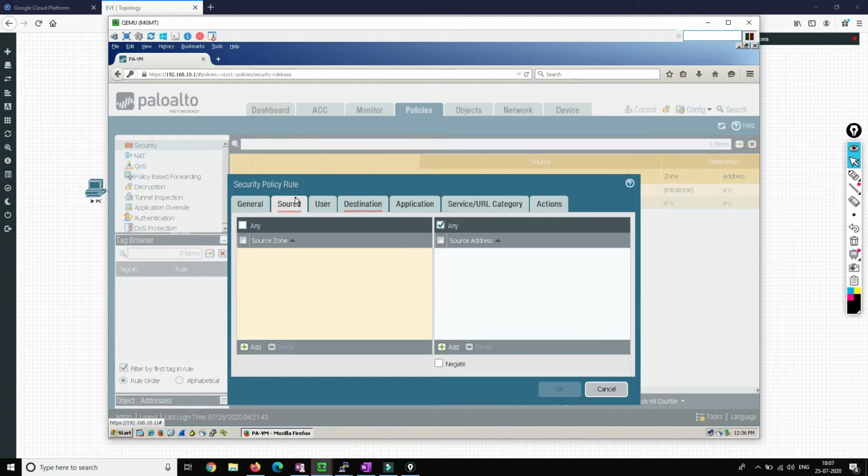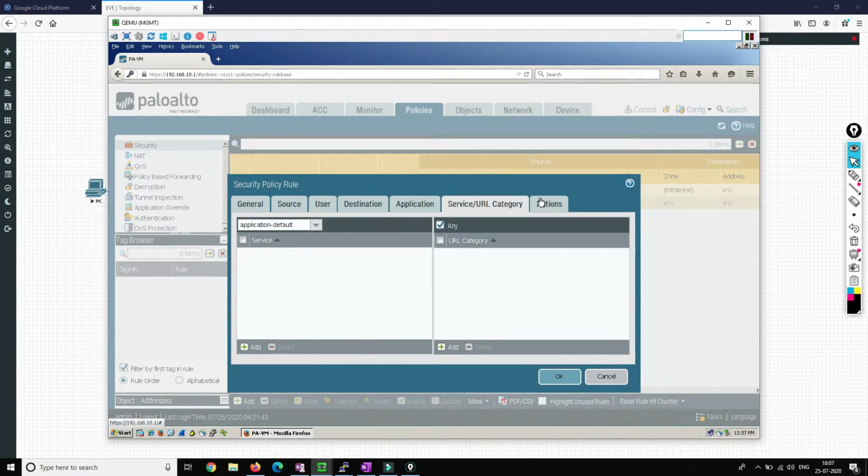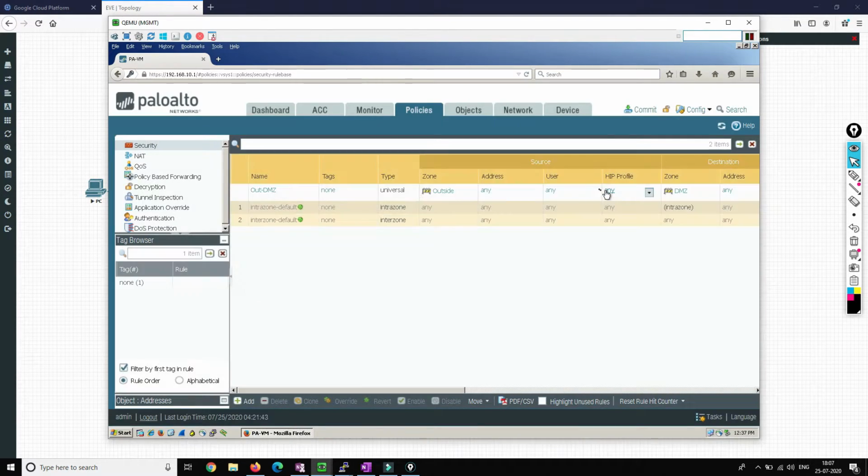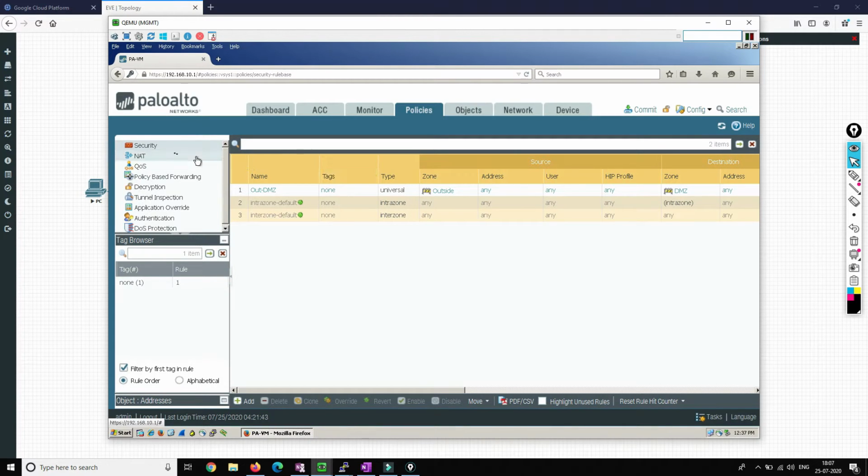The source zone will be outside, and the destination zone will be DMZ. We'll add it, keep the rest as default, and click OK. So we are done with the security policy.